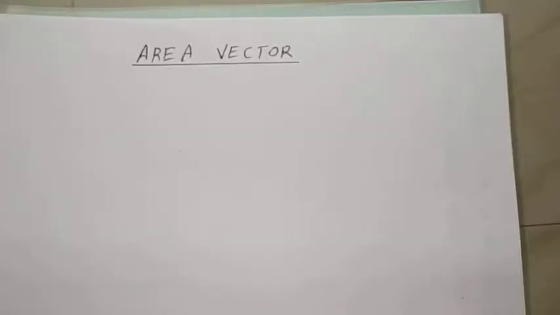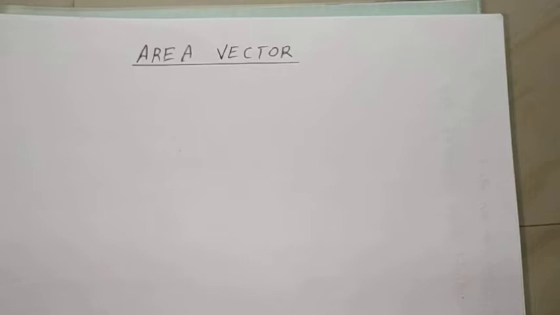Good morning, everyone. Today we are going to start Gauss law, for which we need some tools. And the first tool is area vector. So first we will see what an area vector is. Area is generally a scalar quantity, but in some problems it is convenient to treat it as a vector. The question is how to associate some direction with the area of a curved surface.